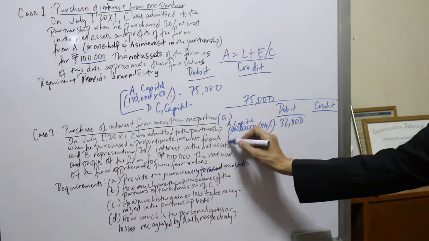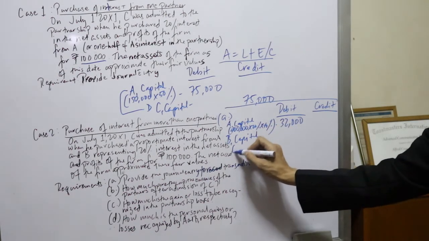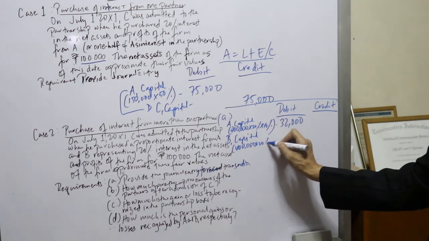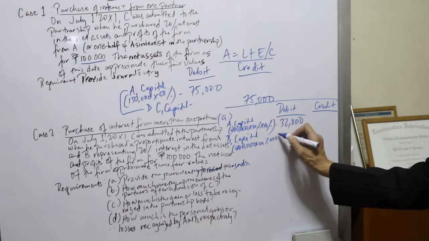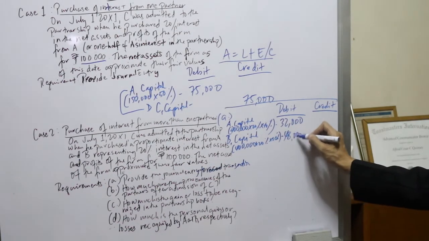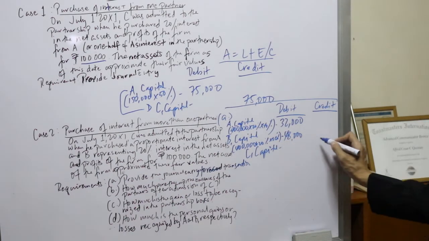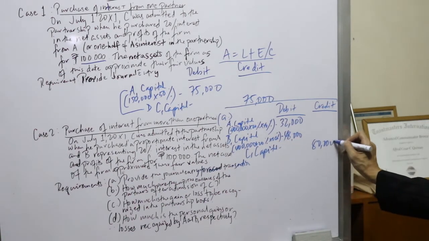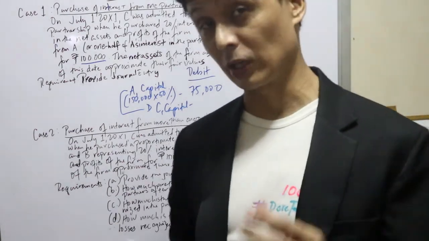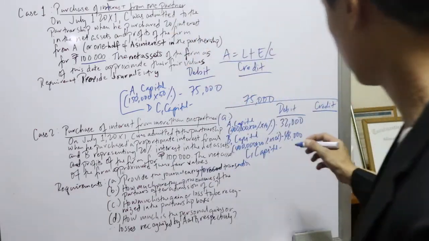And this one kay B capital naman. So CB, this is 400,000 times 20% times 60%. So for a total of, this one is 48,000. So this one, C capital, this one is 80,000. So yun yung total. So parang ang binibigay lang sa kanya is 80,000 lang yung kay C. Pero ang binigay niya is 100,000.